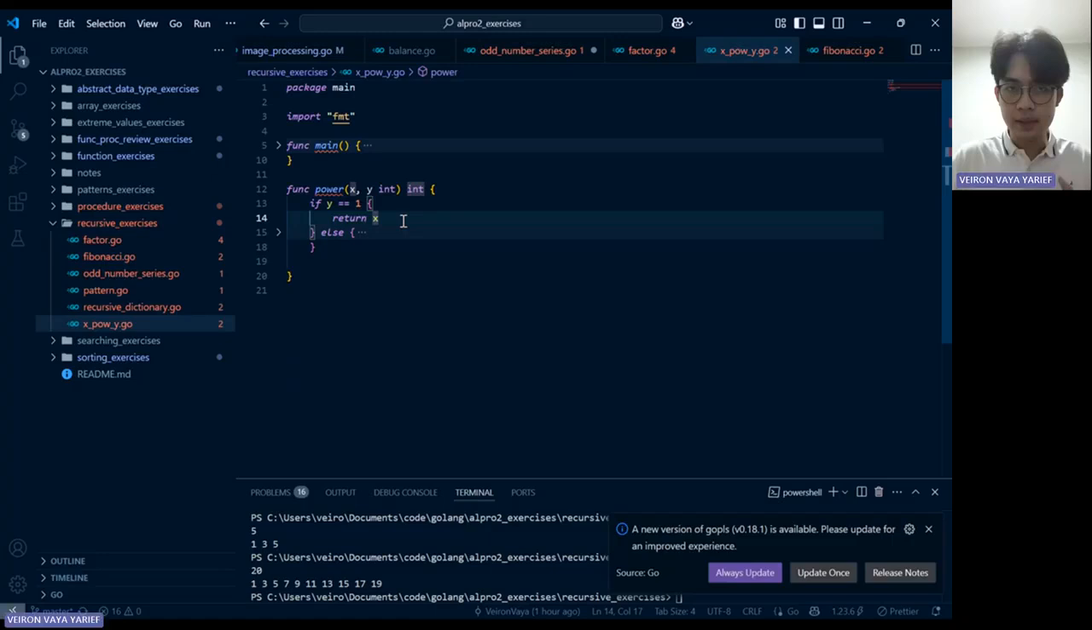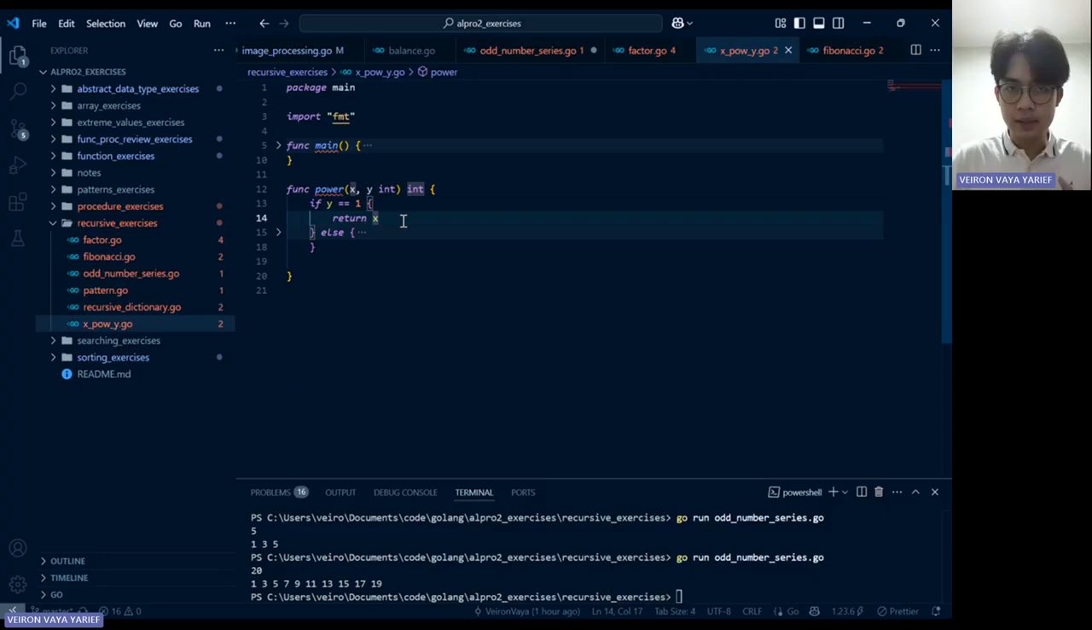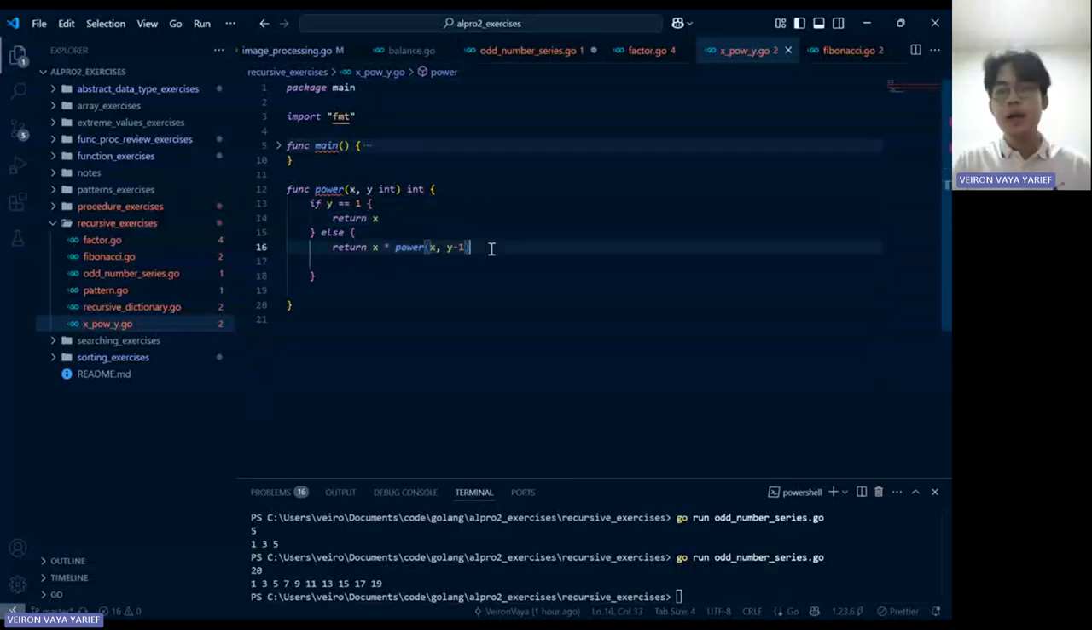every function called reaches y is 1. And when y becomes 1, it will return x, okay? Because it will always do multiplication x times x every function called. So as you can see, we need to reach the base case. So every function called, we use y minus 1. And the constant variable, which is x, we always times it with